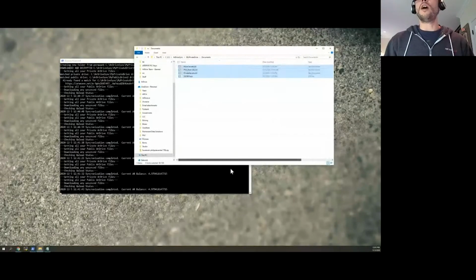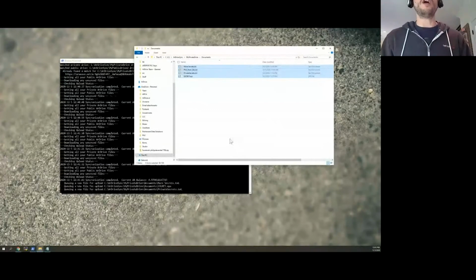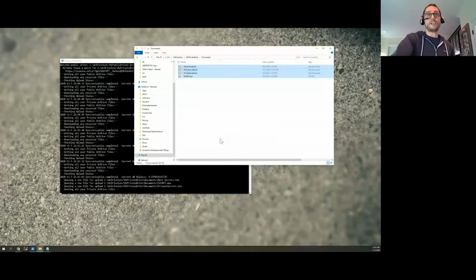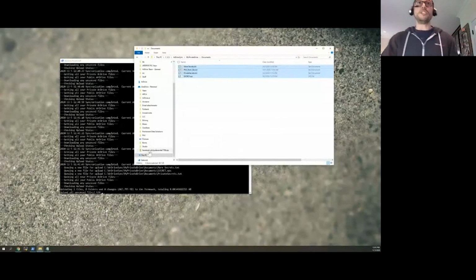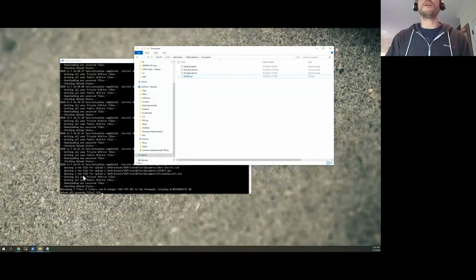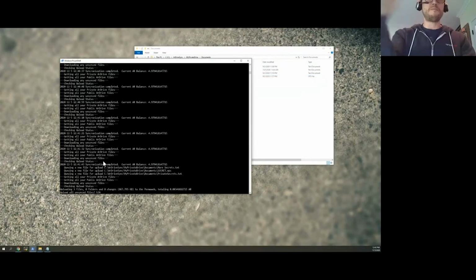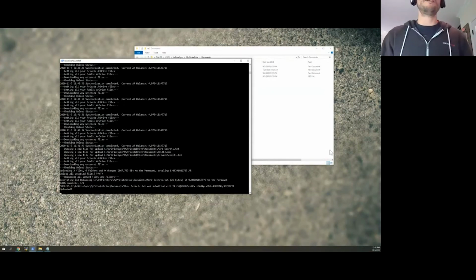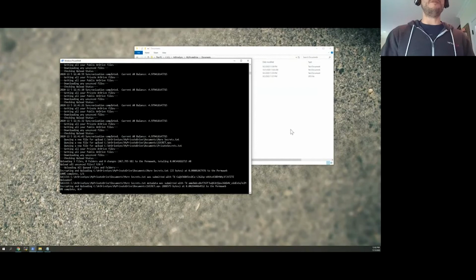Because this folder, my private drive, is being watched by the client, it picks up any changes immediately and it says, okay, 3 files. Interesting. It picks up the files, prompts me for how much it's going to cost. I hit yes, and it submits them all to the PermaWeb.